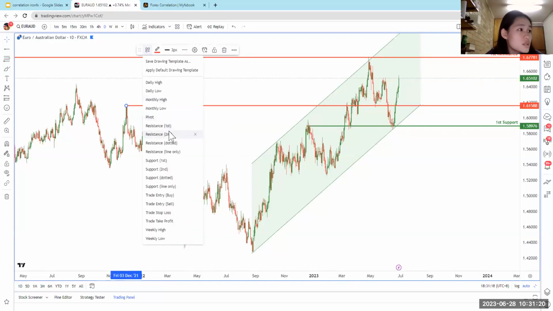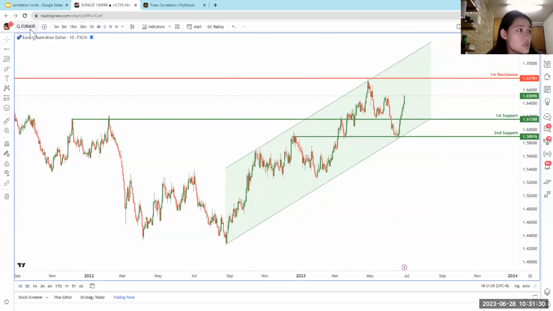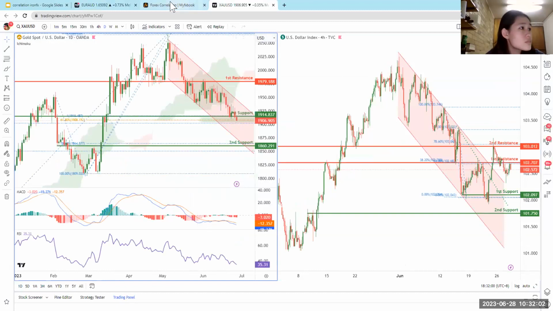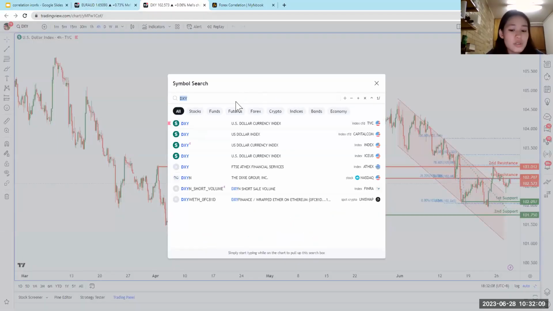Okay, here's my first support and here's my second support. Okay, that's all I'm gonna do for analysis first for Euro Oz. So now we can take a look at, let me just pull out another window so we can compare them side by side. Okay, so now we're gonna go ahead and take a look at